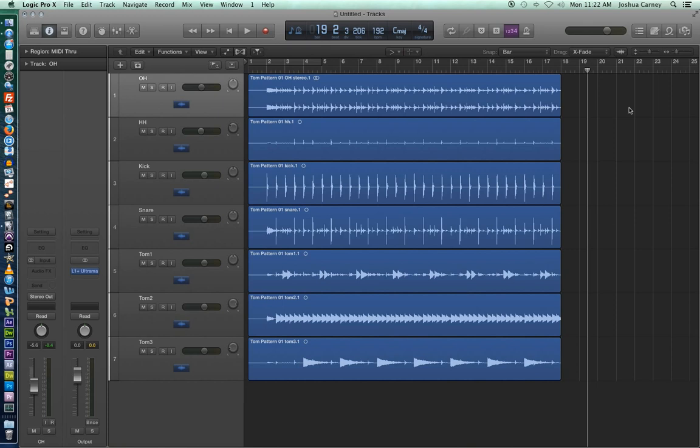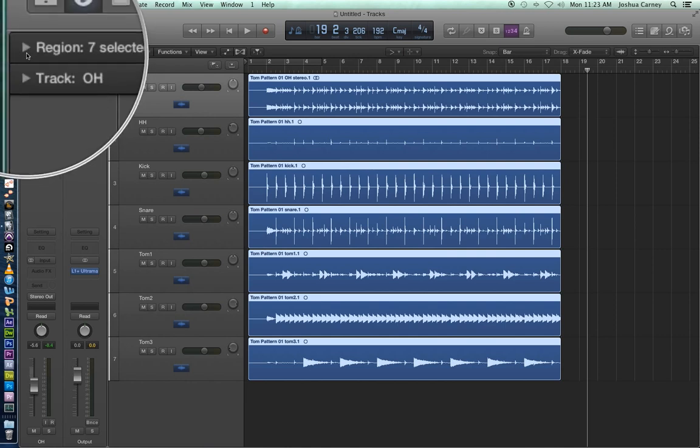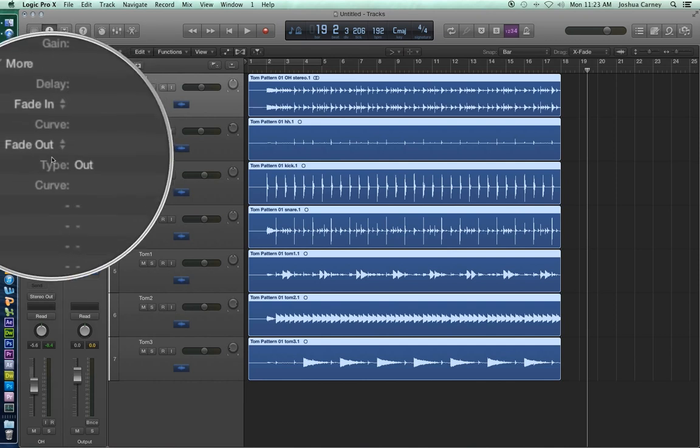One cool new feature in Logic 10 is the ability of the fade tool to fade multiple regions simultaneously. In Logic 9, in order to do this, you'd have to select all of the regions that you'd want to fade. So I'll just select all of these, and you'd have to go over to your inspector, find your region parameters, open up that menu. You'd go down and find your fade in and fade out options,